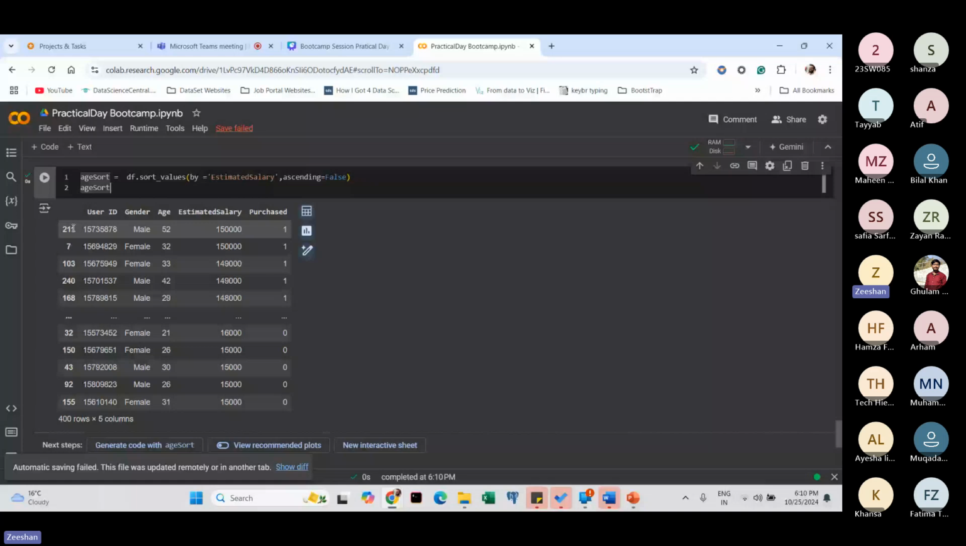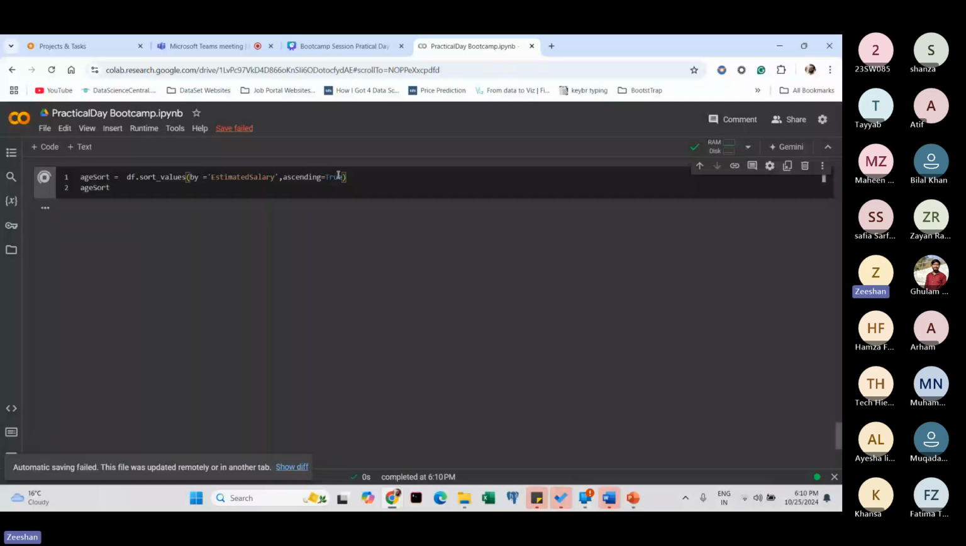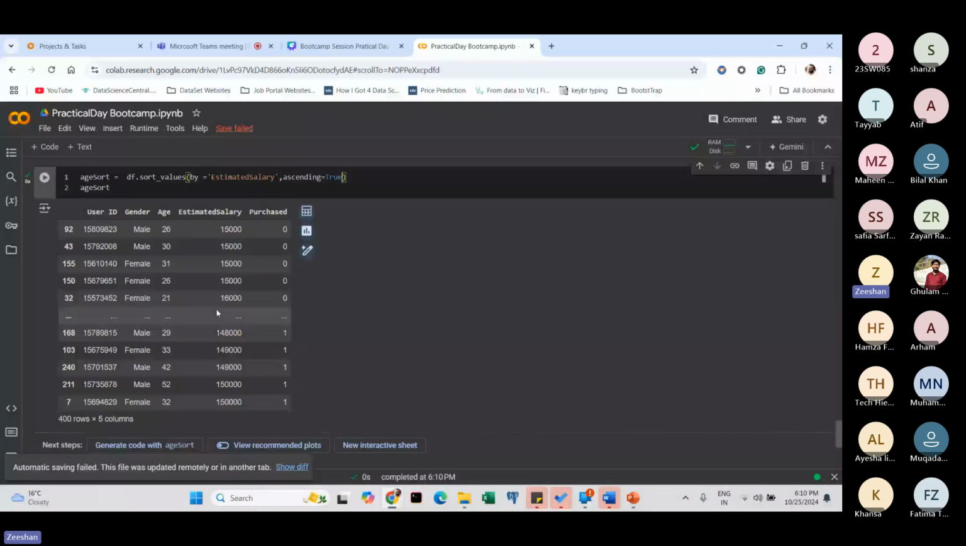अगर मैं यहाँ पर ये फॉल्स को ट्रू कर देता हूँ, अब यहाँ पर क्या होगा कि ये छोटे से बड़ा होगा, ना कि बड़े से छोटा। तो आप देख सकते हैं अब यहाँ 15,000 आया, फिर 16 आया, 1,48,000 आया, 1,49,000 आया। तो ये ऐसे किया। अब अगर मैं यहाँ पर डिसेंडिंग टू लिखता हूँ,